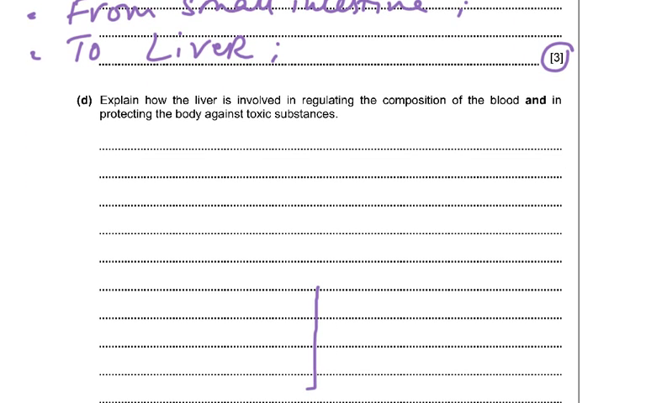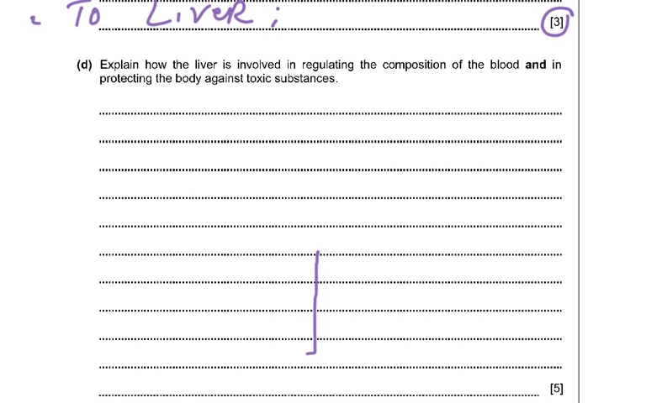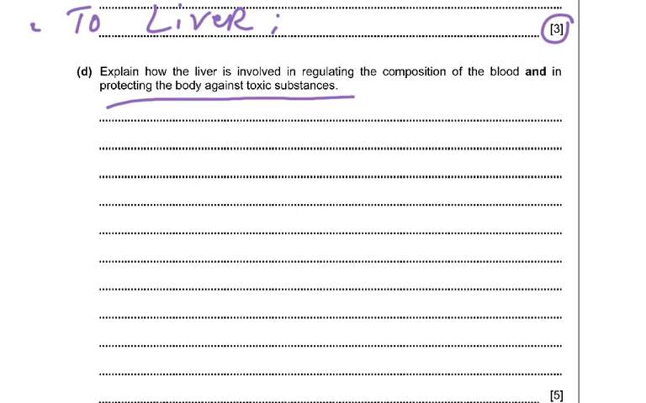Then coming to the D part of the question, explain how the liver is involved in regulating the composition of the blood and in protecting the body against toxic substances. How is the liver involved in regulating the composition of the blood? When you eat too many sweet things, there is a high glucose concentration, so the glucose is converted to glycogen in the liver,